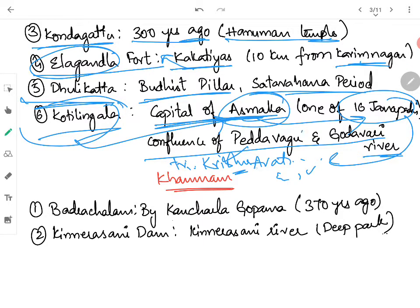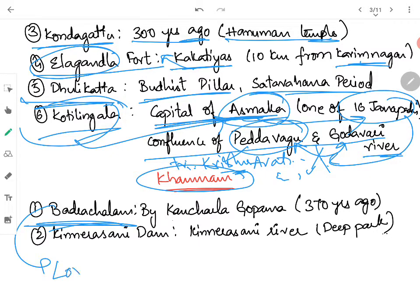So at this place, Peddavagu and Godavari confluence. And then the next district we are going to see is Khammam. In Khammam, we have the most famous Bhadrachalam, where you have Lord Sri Rama's temple, and Sri Rama Kalyanam takes